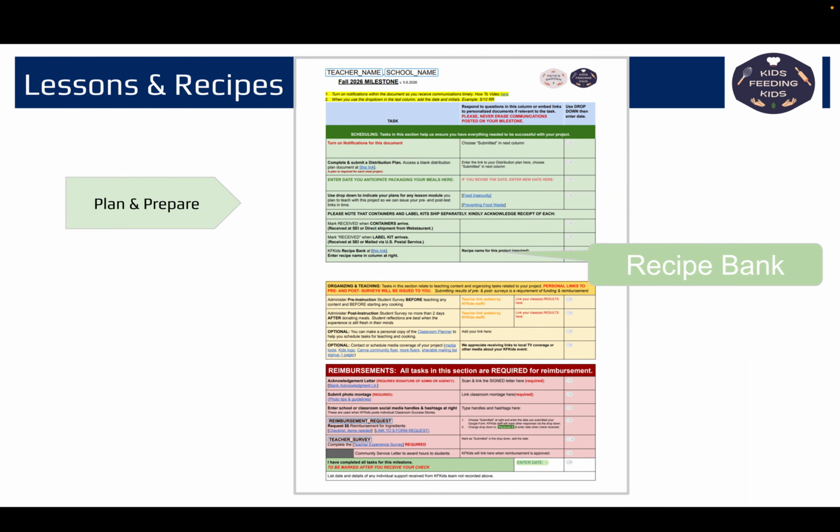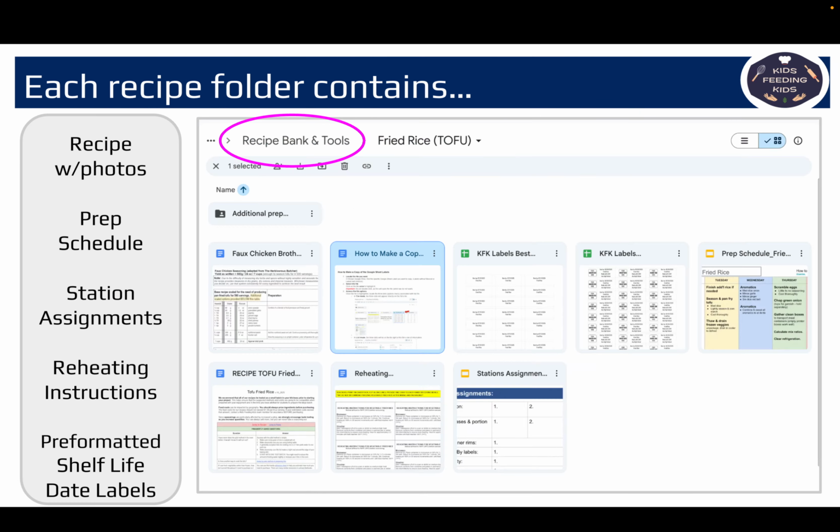You'll also find a link to the full Kids Feeding Kids recipe bank, where you can find every approved recipe and its corresponding template. You'll want to spend time familiarizing yourself with the resources in the recipe bank. Each recipe folder contains the recipe with helpful photos and videos,